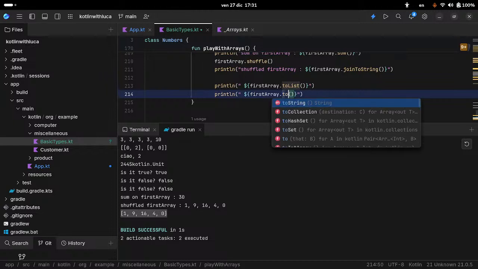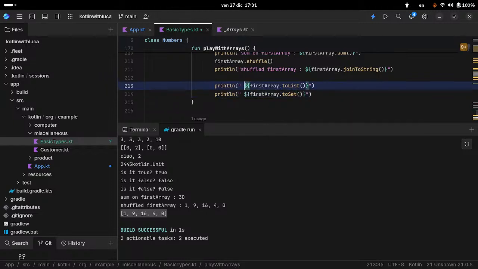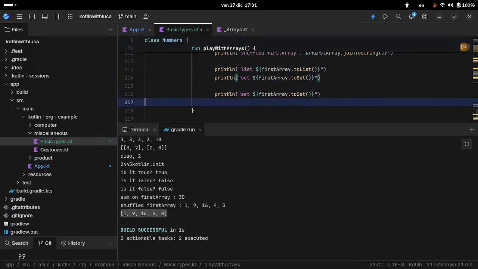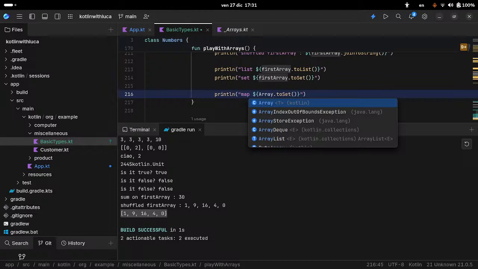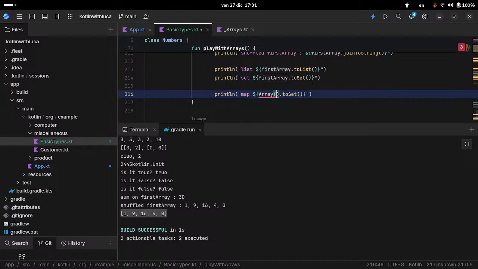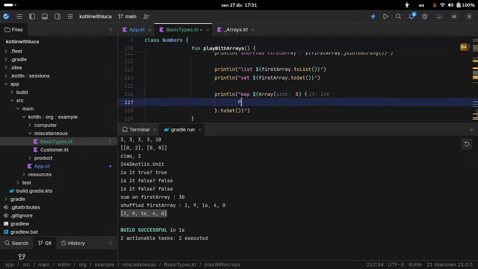To list, to set, sorry. So list, set, and now let's bring the map. We want to have a map from array. So let's specify array 5, specify, and then let's do pair of, yeah, we could use the